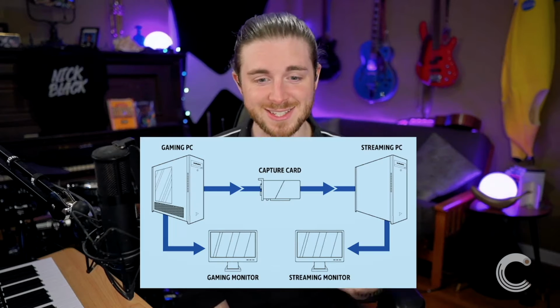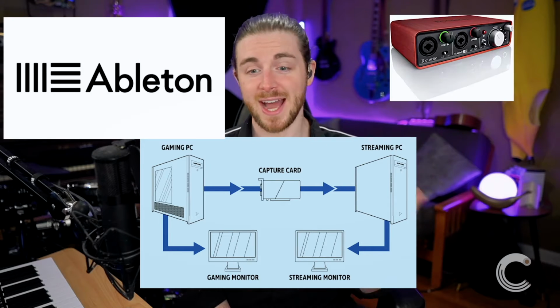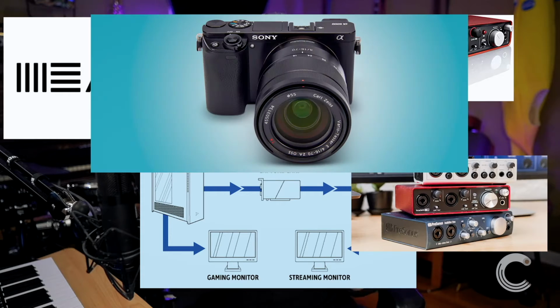Now, not everybody watching this can afford a 2-PC streaming setup, Ableton, a nice interface, and all the other things that you can have for streaming, and that's okay. For most, a simple setup is going to be the most desirable thing anyway. Something you can take with you to gigs and then bring back home and set up for when you stream